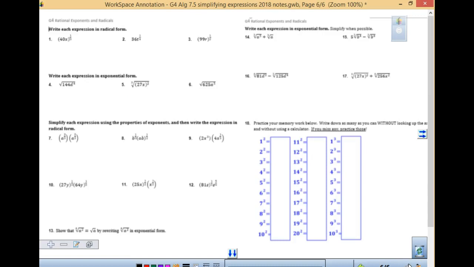So, you are looking at this assignment, G4, and with this G4, I am also going to